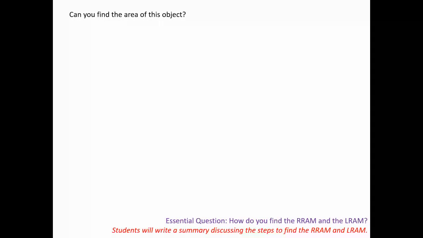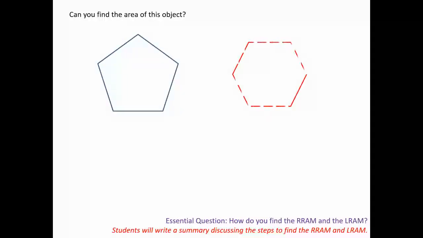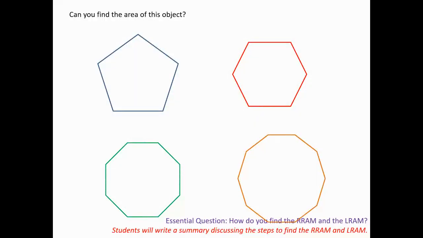But could we find the area of this object? Or that one? Or that one? Or that one? We know they're all regular polygons, and somewhere back in geometry, we saw area formulas for those, but I do not remember them. I haven't taught geometry in a really long time. So